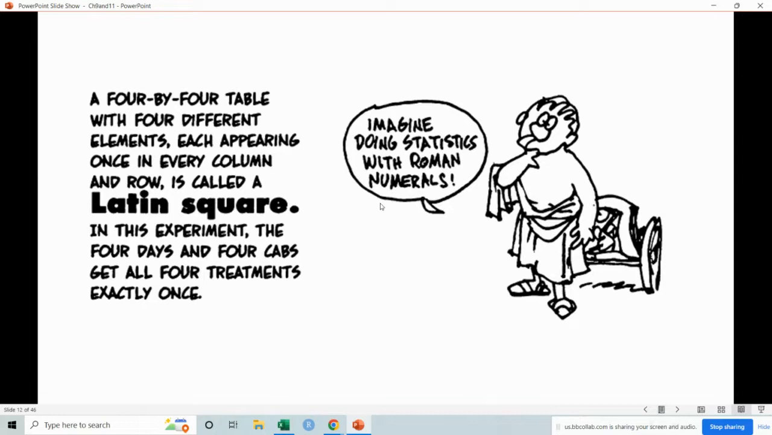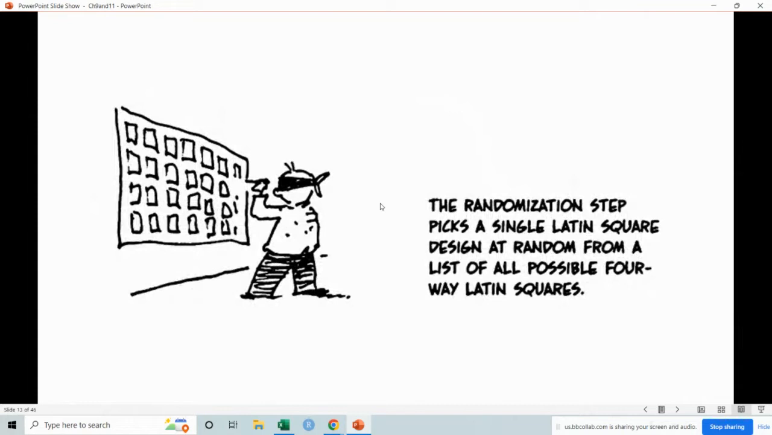So a 4x4 table with 4 different elements, each appearing once in every column and row, is called a Latin square. It's just more terminology. In this experiment, the 4 days and 4 cabs get all 4 treatments exactly once. So the randomization step picks a single Latin square design at random from a list of all possible 4-way Latin squares. So we just keep introducing randomness. That way we can kind of control for